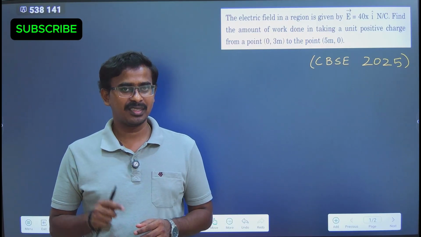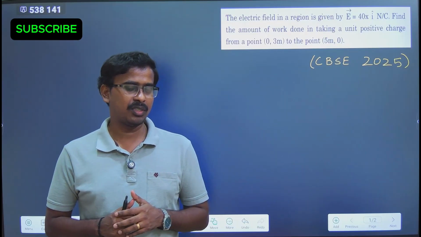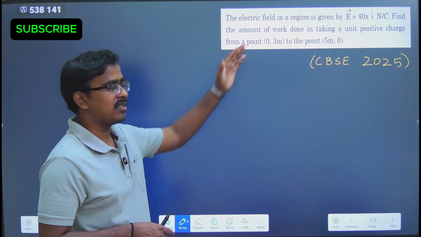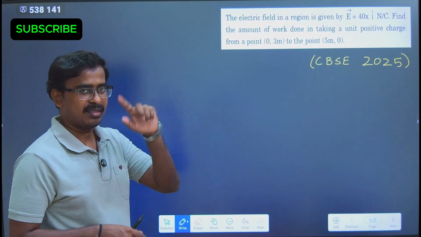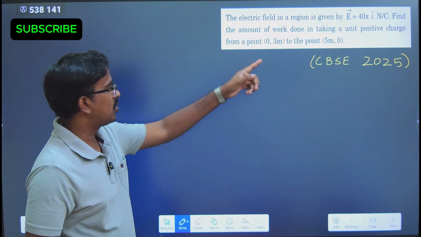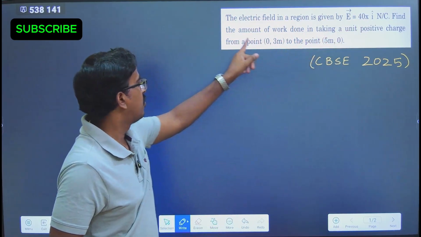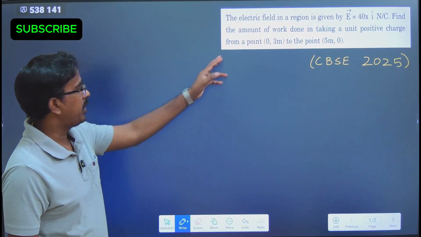So today we are going to discuss the CBSE 2025 Chapter 1 Electric Fields and Charges question. So let's go into it. It's a very interesting question. The electric field in a region is given by 40x i cap. So x is the variable there, so it's not a uniform field because x is present. It's a non-uniform field. Find the amount of work done in taking a unit positive charge from a point,